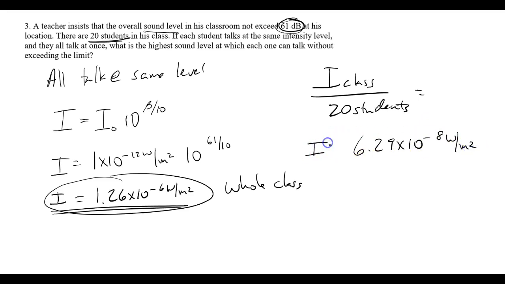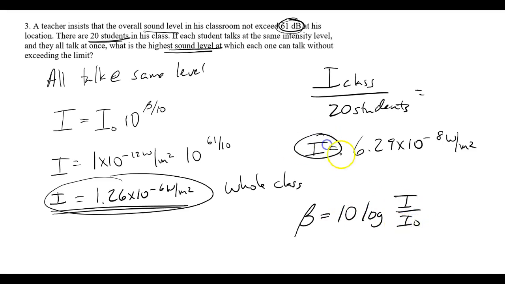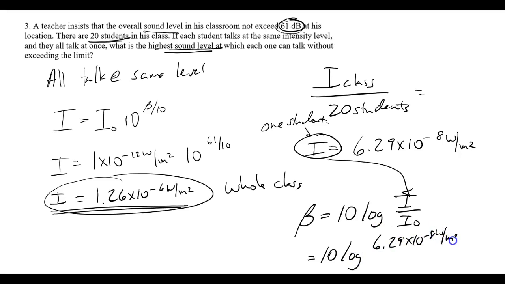So that's the intensity of one student, but it asks what's the highest sound level? So I want to go back to decibels. Sound level is the decibel level scale. And so the equation beta is equal to 10 log of I over I naught. The I is for one student right there. I'm going to plug that in. So 10 log of one student. The intensity of the one student is 6.29 times 10 to the negative 8th watts per meter squared